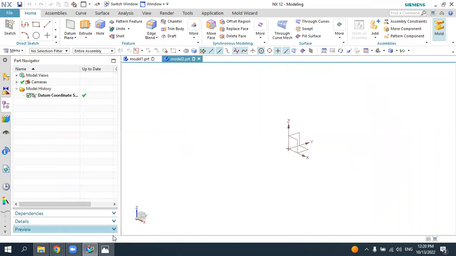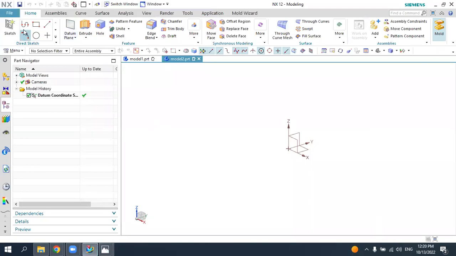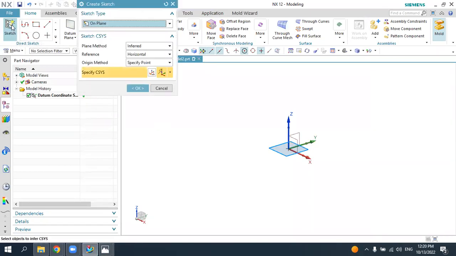Now, we will go with the second one, this one. Firstly, we will create such a rectangle. It's a rectangle with the same length and width, and we will convert these corners to edge blend. I mean, with fillets, we can use the fillet in the sketch. So let's do it. As usual, select the sketch. For us, this plane is better because we will extrude along the z-axis to create the model. So select this plane, press OK,